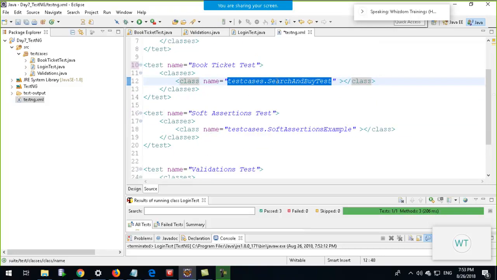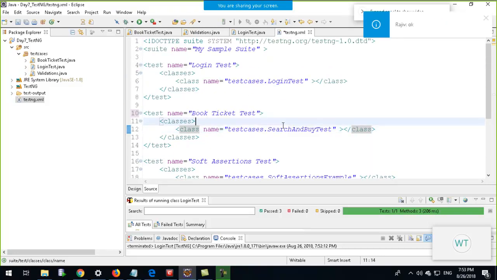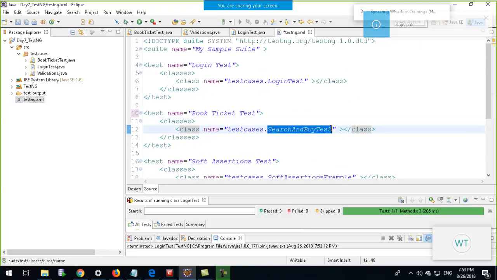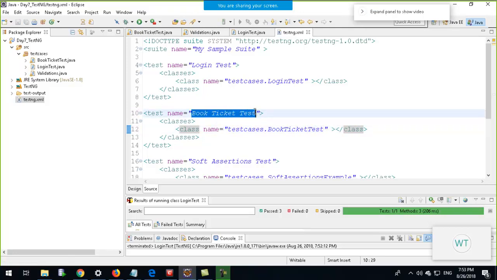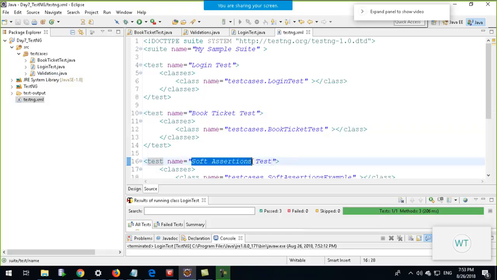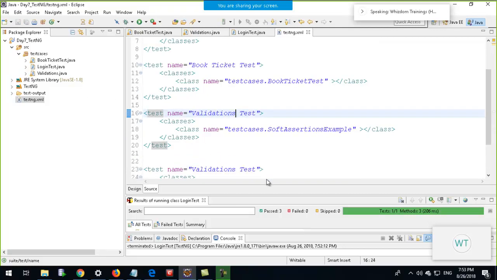Okay, right, so out here you can make book ticket test, and then the third is validations test. Okay, you can call it test cases dot